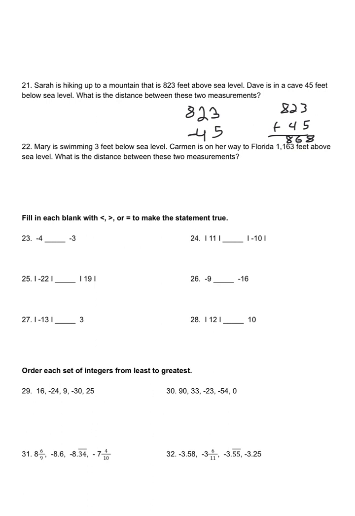Number 22, Mary is swimming 3 feet below sea level. Carmen is on her way to Florida, 1,163 feet above sea level. What is the distance between these two measurements? Again, we're doing the same thing. So we are taking 1,163 and adding the 3 feet, giving us